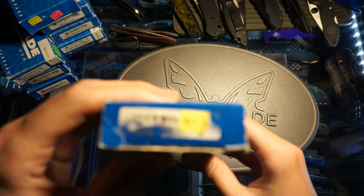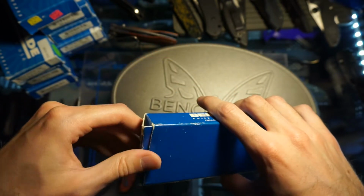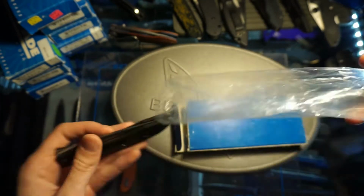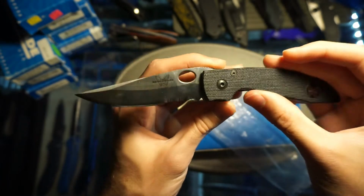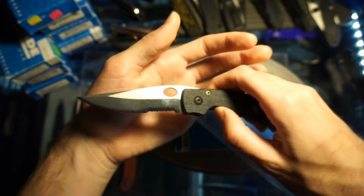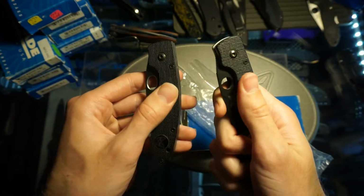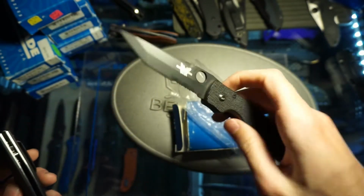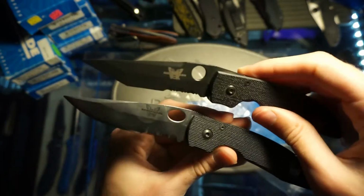15. 814S. I think this is the other mini AFAC I saw in the photo. Yes, this is the serrated drop point. Okay. Nice. These are really grippy G10 scales on these AFACs. I like these a lot. I think I prefer the Tanto, but maybe you guys prefer the...